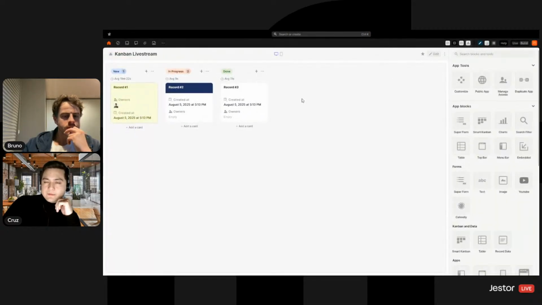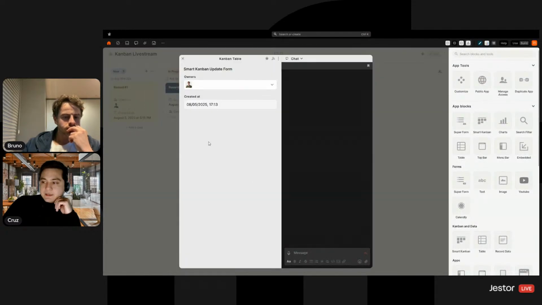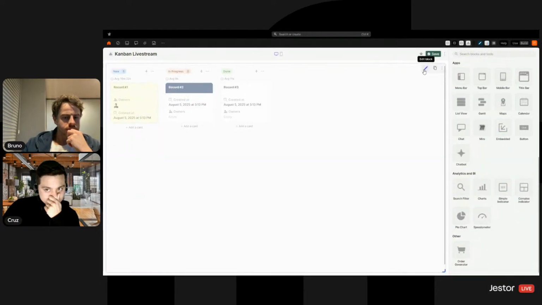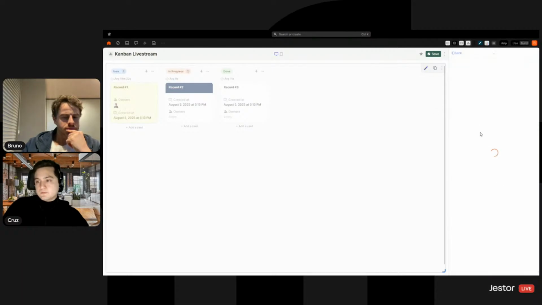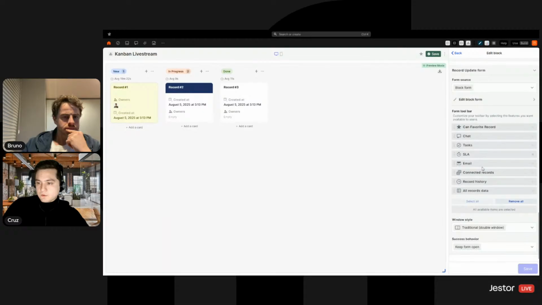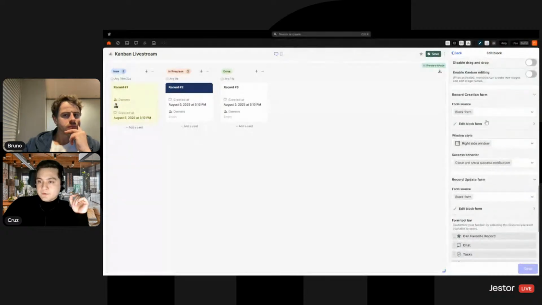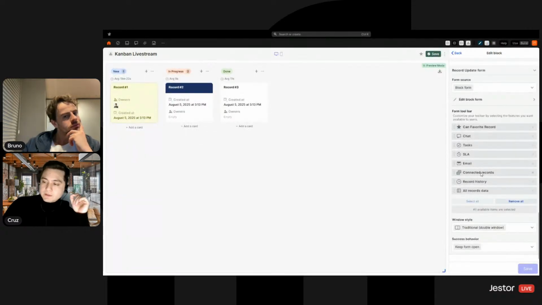Similarly, we can do the same for the edit form. For the update form, you can see that it looks like this currently. So we're going to edit this as well. So we're going to go all the way down there, and we have the record update form. This has a difference here, because you can see that not only can I edit the form like we did with the creation form, but I can select the tools that I'm going to be able to use when I open the card. So if I click on the card,